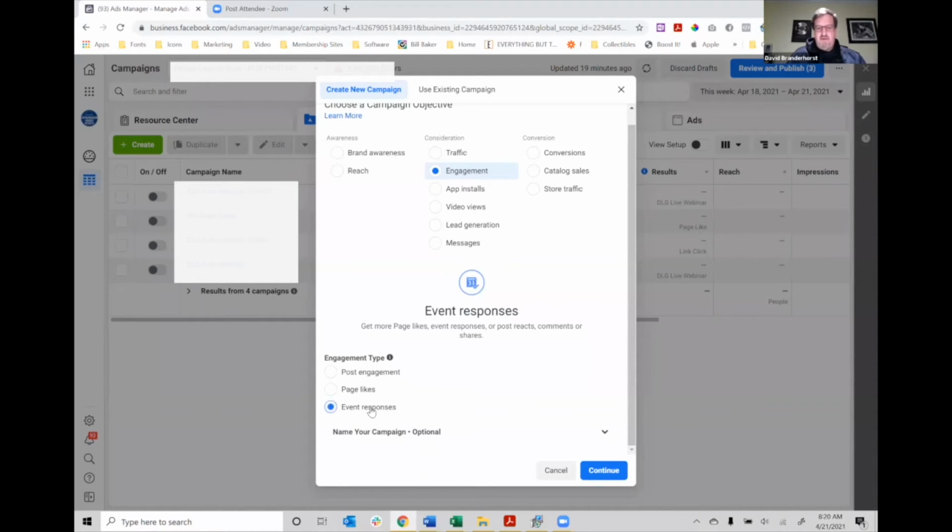Then the third one in this group is event responses. So as you probably have seen, you can do events on Facebook. You can go and schedule an event, we're going live on Facebook on Wednesday or Friday or whatever. And you can do this in such a way that you can set up a live event, and you can do it so that